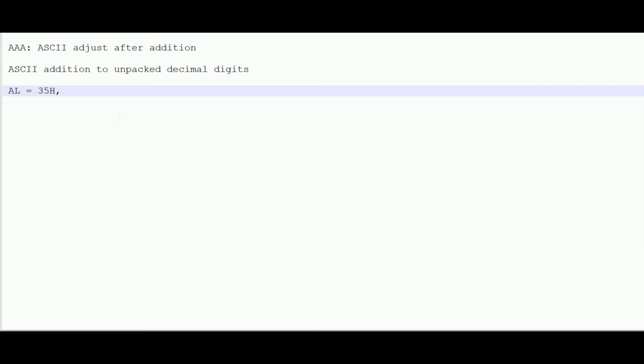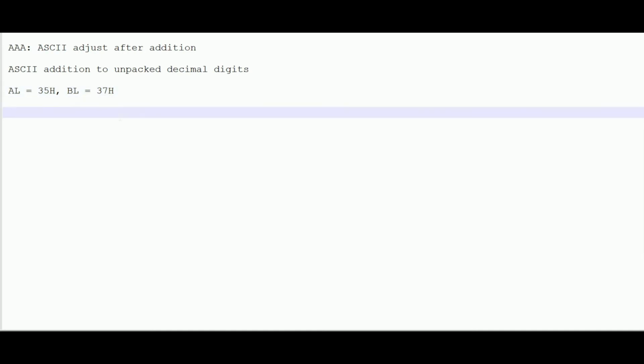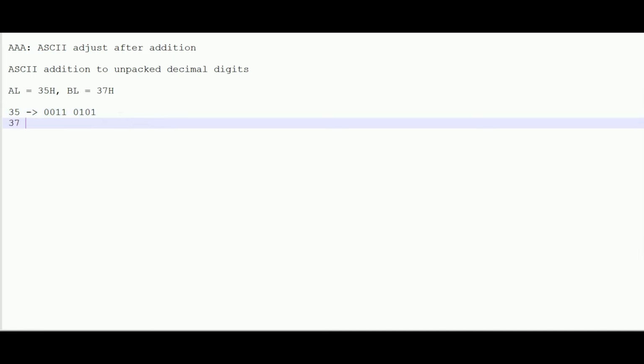That is, suppose 5 is getting stored into the A register, and in the B register we have to insert 7. So the ASCII conversion of 7 in hexadecimal format is 37H. So BL is 37H. So what we can do is, let me convert both of them into equivalent binary format. So 35 is 0011 0101 and 37 is